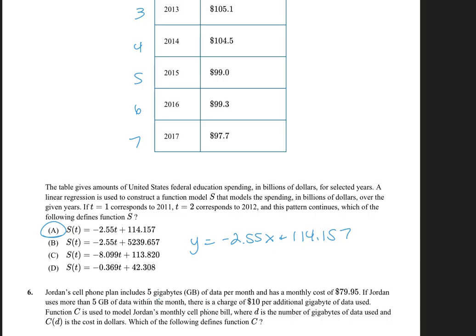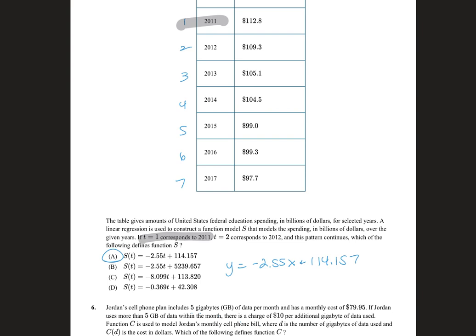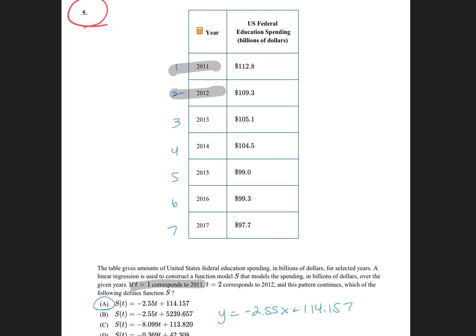I'm going there next. And it says T1 corresponds to 2011. So it's telling you make that 1. So 2011 is your 1. T2 corresponds to 2012. That's your 2. So it literally says it in the problem. Okay, so then it will usually say T equals, and then it always continues